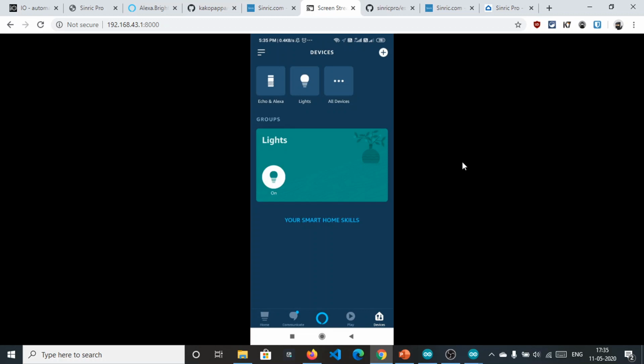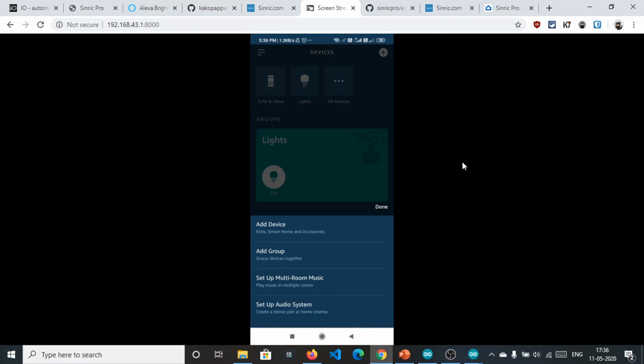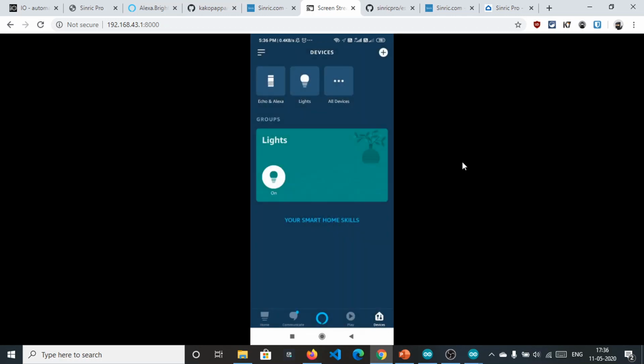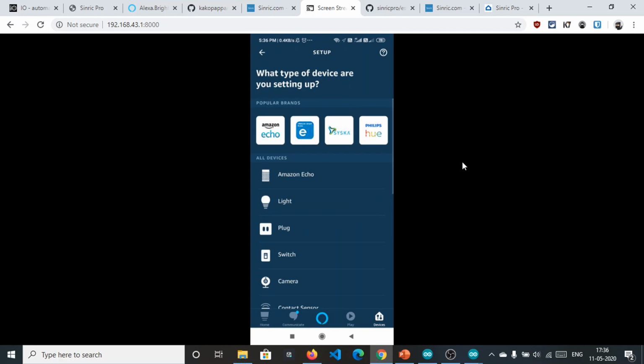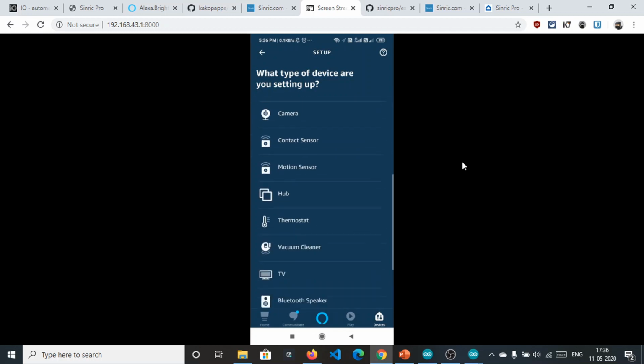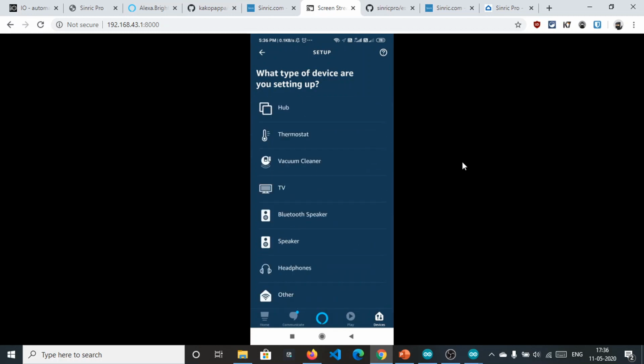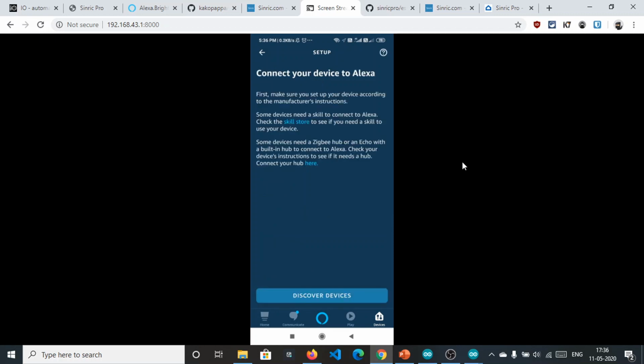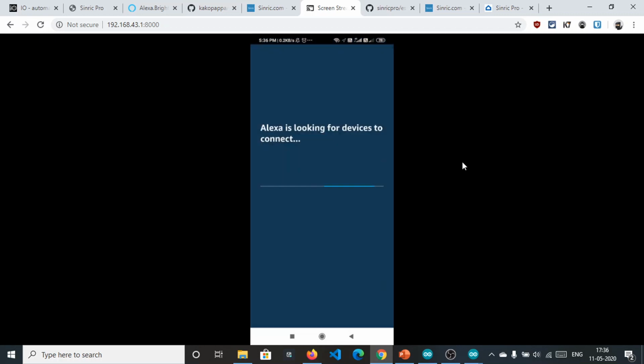Right here in the bottom panel there is home, communicate, play and devices. Click on devices and click on the add button right here. There are add device and add group, so click on simply add device. We are not using these types of smart devices, so we should select other. After that click on discover devices.